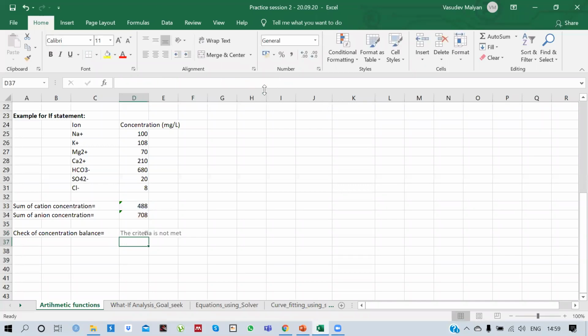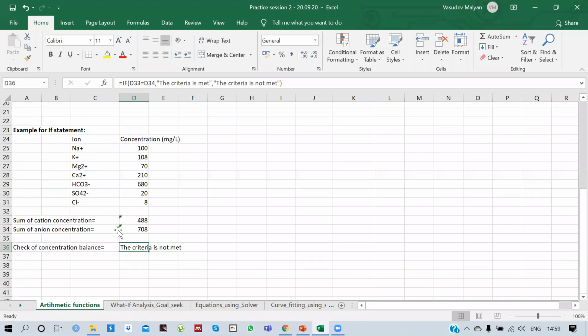When I click this, it will give me the criteria is not met, which was the desired output. You can use this if statement for all sorts of data sets, but it will only give you binary outputs: true, false, yes, no, that kind of output.